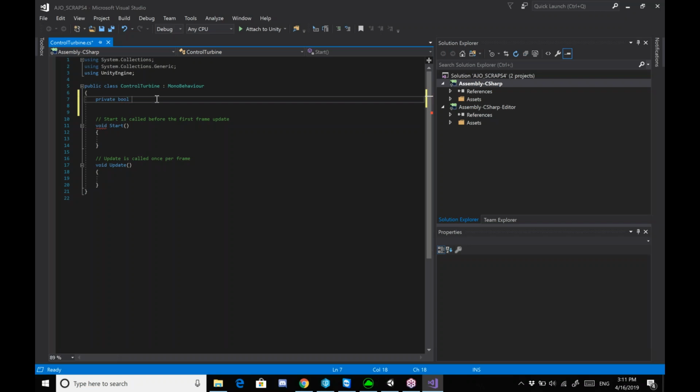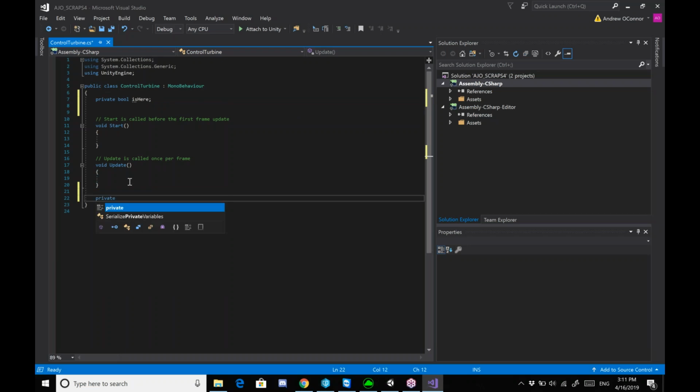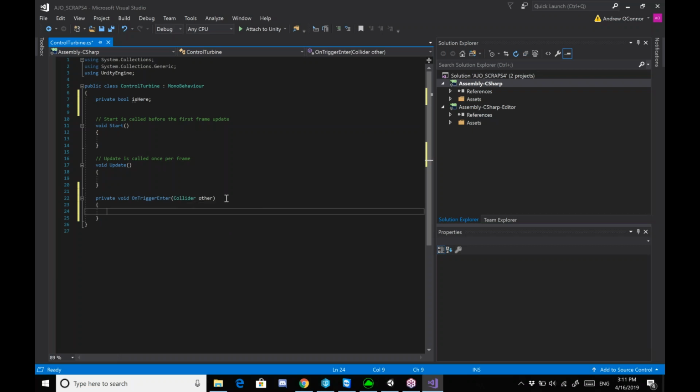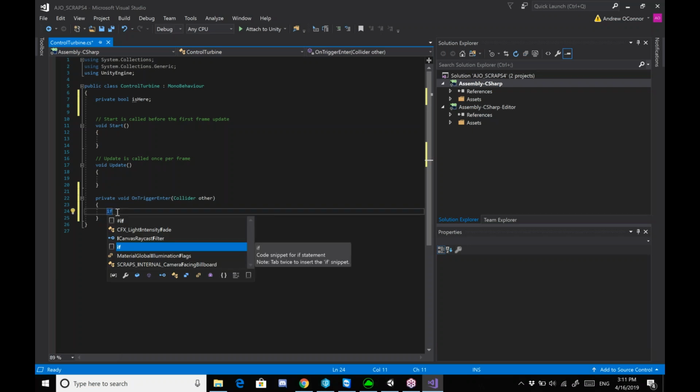All right, so I have this Boolean, isHere. Now I'm going to create a new function down here. It's going to be private void OnTriggerEnter. All right, and it passes in a collider, and then the name of that object that's entering is going to be other. So I'm just going to check to see if the other object,